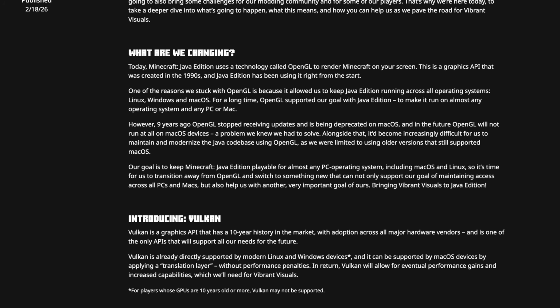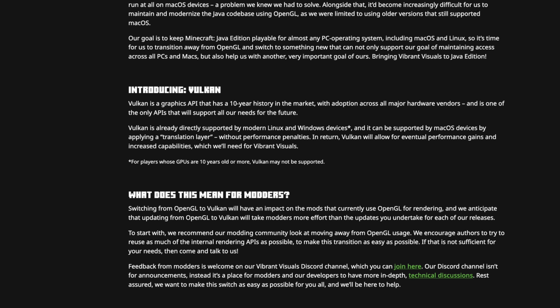Vulkan is a graphics API that has a 10-year history in the market, so instead of being 1990s, it's 2010s, and it has adoption across all major hardware vendors. They say it's one of the only APIs that could support their needs for the future. This is great news, and there is a whole category of what this means for modders, but what does this